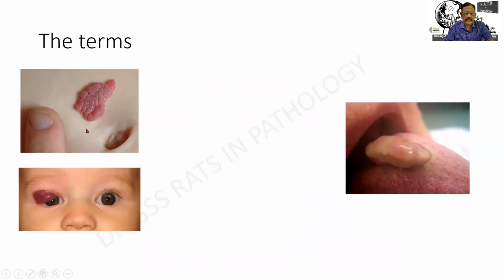First one will be regarding the terms. Before that, I am showing you a few pictures over here. Here there is a flattened lesion, and it is almost like a raspberry in color. Here again there is a protruding lesion in a young child. So whenever the patient is very young, a fetus or less than 1 year, we can consider it to be a hemangioma. This is another case wherein I am finding a nodule on the tongue. Let us see what it is.